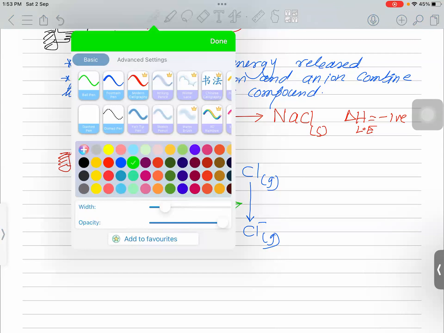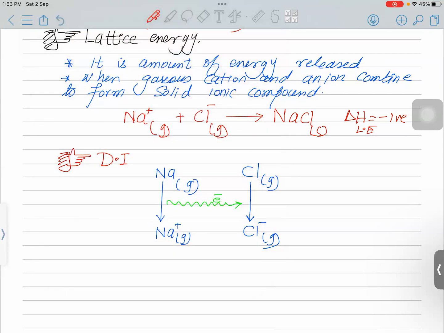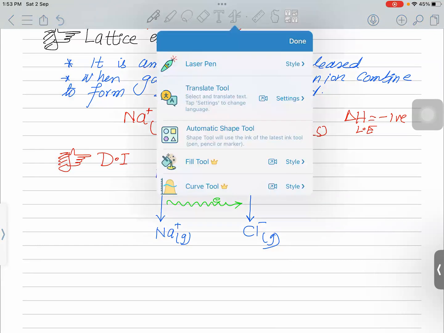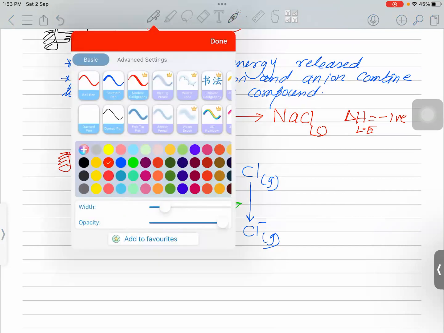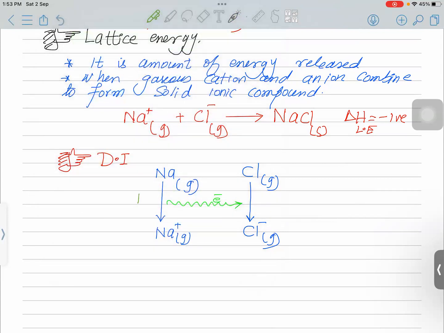Now, can you tell me the name of the energy when an electron is removed from a gaseous atom to form a gaseous plus one ion? Can you tell me the energy involved in this reaction? Ionization energy. Very good. This is ionization energy. When chlorine gets an electron, an anion is formed. This energy is called